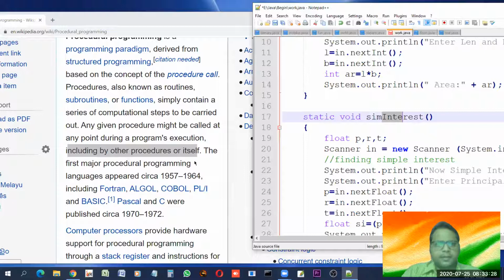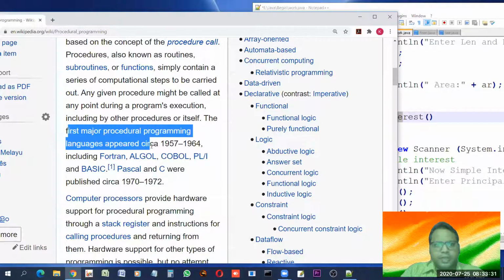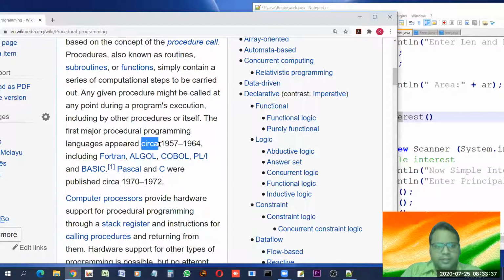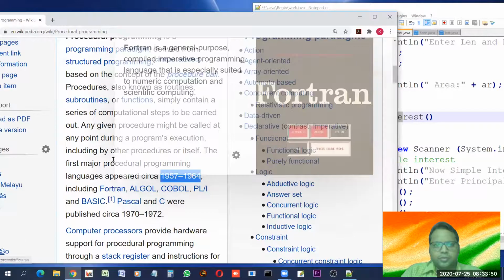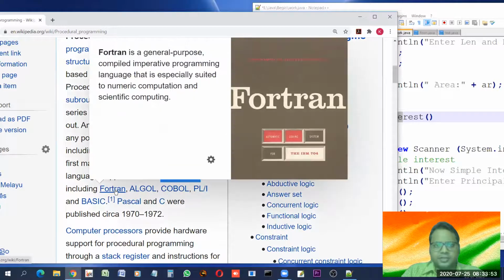That we will see. The first major procedural programming languages appeared circa 1957 to 64. During this era, the first procedural programming languages appeared, including Fortran. Its full form is formula translation. It's used for making scientific programs. If you want to know more about it, you can read it here. Fortran is a general purpose compiled imperative programming language that is especially suited to numeric computation and scientific calculations.